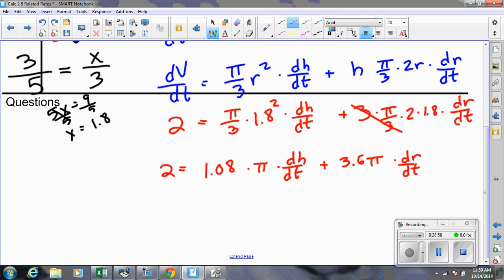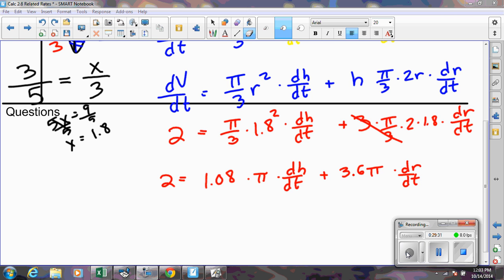We're trying to get dH/dt completely by itself. So we could subtract off the 3.6 pi dr/dt. I want to pause for a second and ask you, the students in the class, a question. Do you want to go through and solve it right now so that we have dH/dt equals blob? Perfectly valid strategy. Or would you rather go through and note,